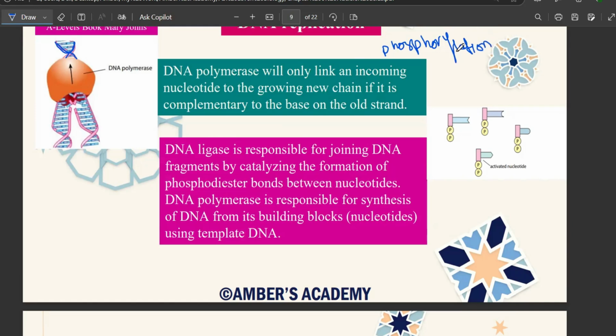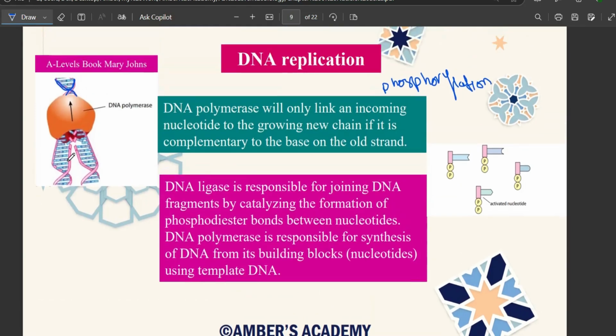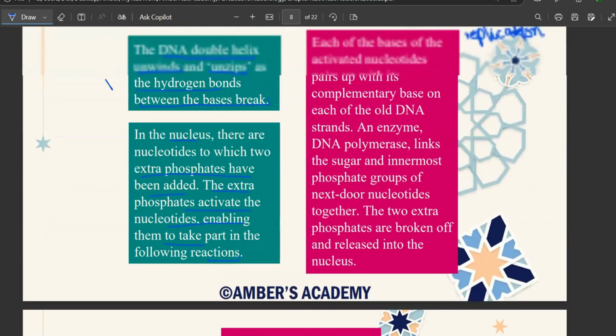ठीक है. So the first step that took place was, we have not talked about DNA polymerase as yet. So अभी थोड़ा सा हम समझते हैं कि हुआ क्या था. That your double helix of DNA, it unwinds or it unzips, and the hydrogen bonds present between them were broken. ठीक है? Number one. Number two, we need to understand that there are free nucleotides present in your nucleus, and two phosphates attach with this nucleotide to make it activated, and it's phosphorylated to provide sufficient energy for the process of DNA replication. Okay, these are the two steps that we have just mentioned.